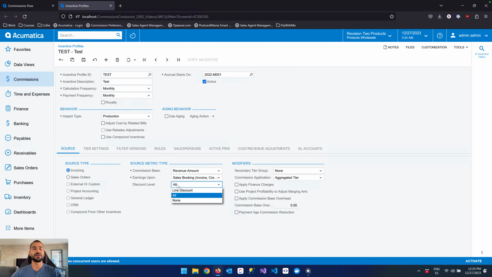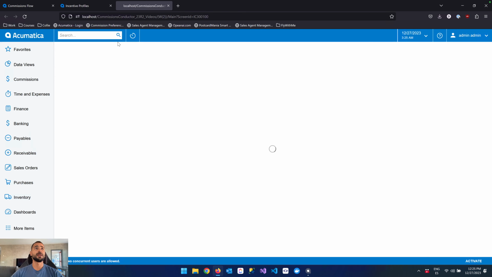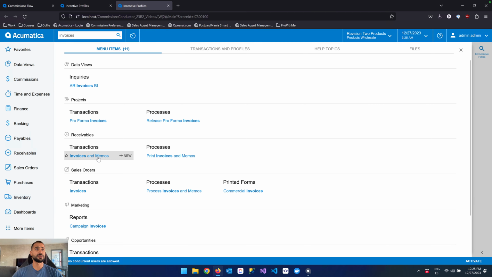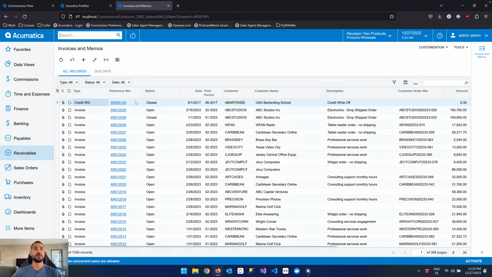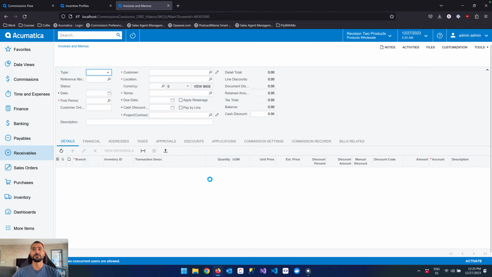Then we have the discount levels. In Acumatica, there are different kinds of discounts, okay? The most common one is the line discount. This line discount is the discount that is given in the document transaction, for instance, in the invoices screen. If I open an invoice over here,